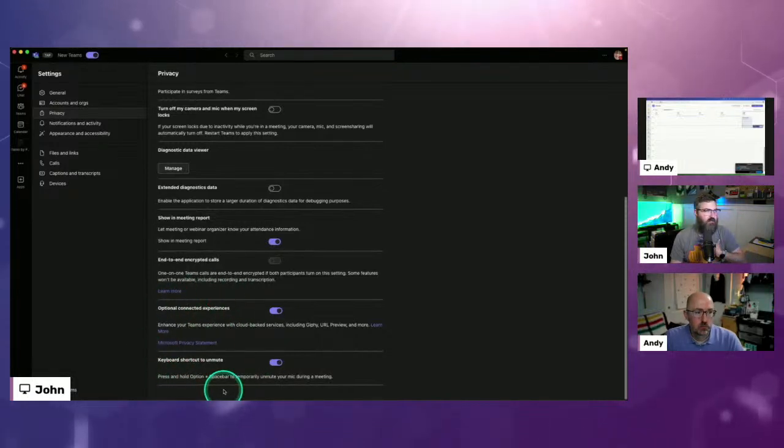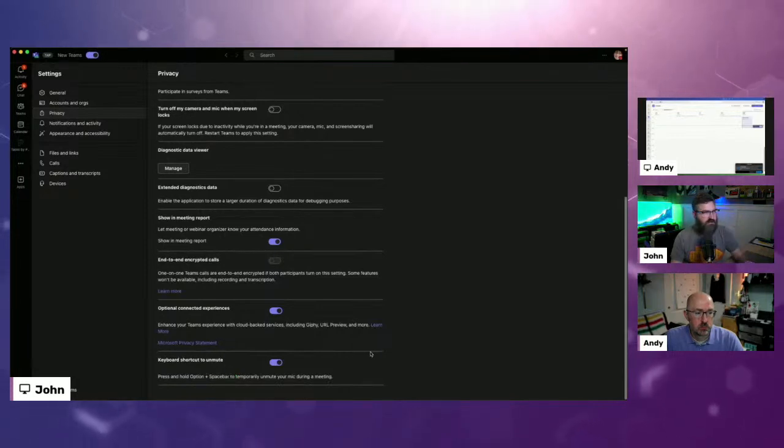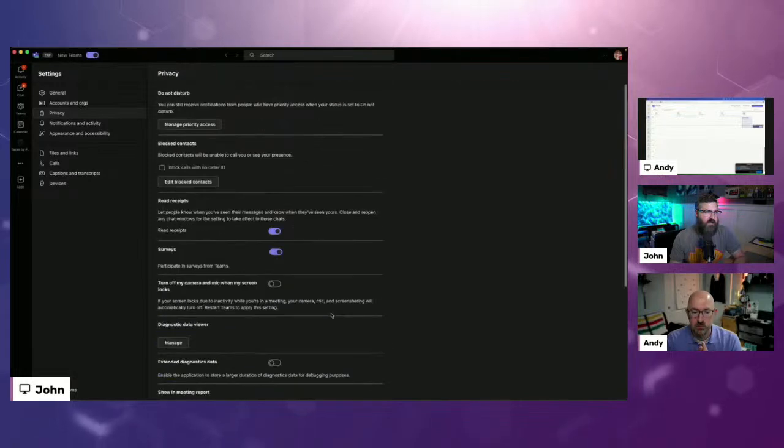So that's my biggest sticking point with using the new Teams. I've personally been using the new Teams for about 2 or 3 weeks now, and I've just been doing without the Stream Deck buttons, but it definitely has been painful because I really like it for doing reactions and muting and unmuting my microphone. So I don't know, what's your take on that, Andy? Has that been